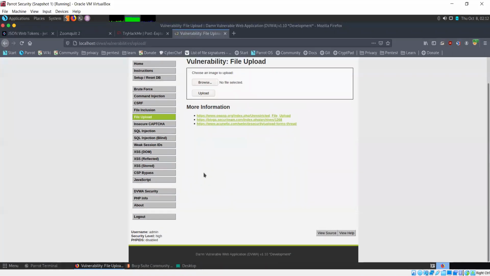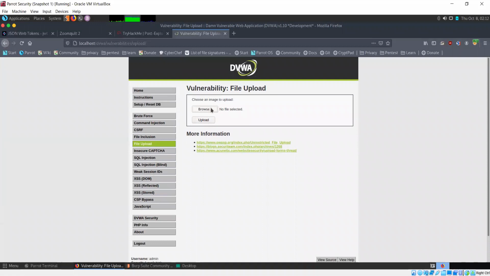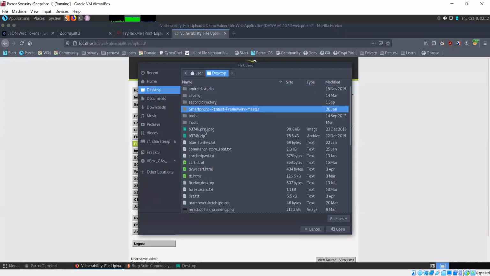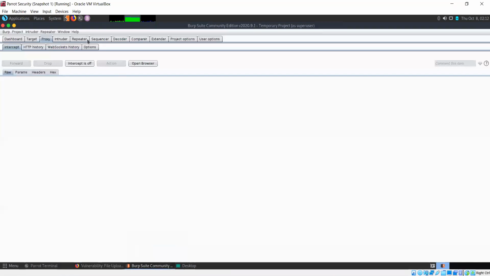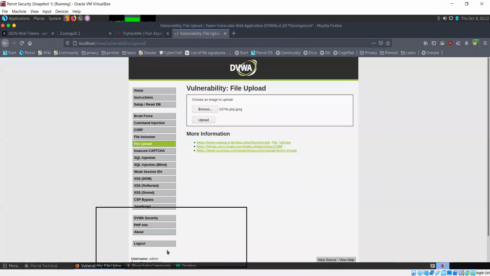Now in high security, let's see what happens if we do the same thing again. I'll select this file for upload. Okay, Burp Suite is being used. Intercept, let's turn it on. Click on upload.